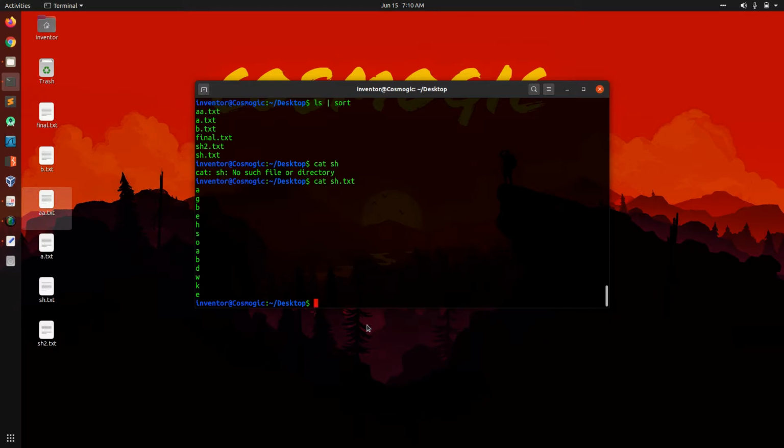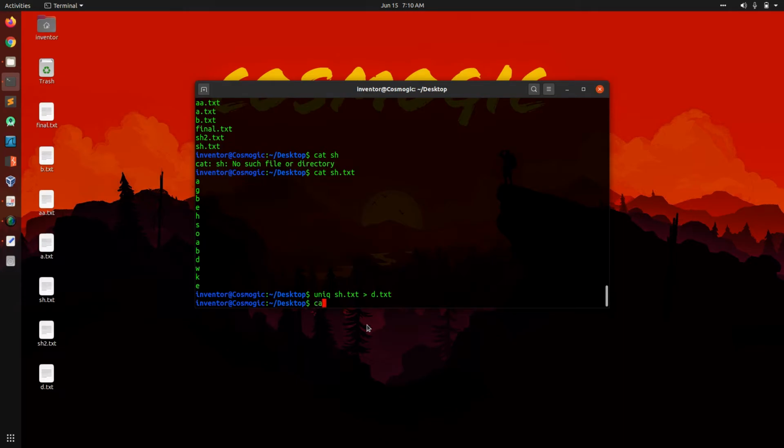Now if I write uniq sh.txt and store its result in, let's suppose, d.txt and cat d.txt, still we can see multiple A's are present.